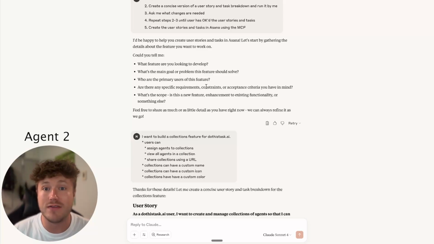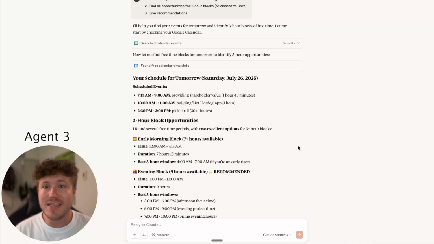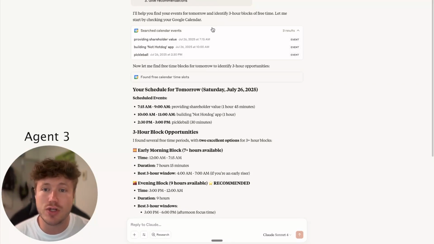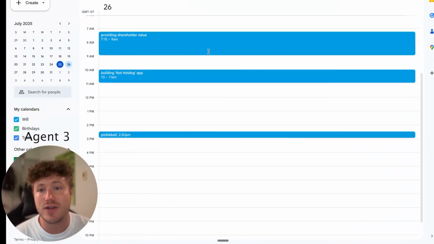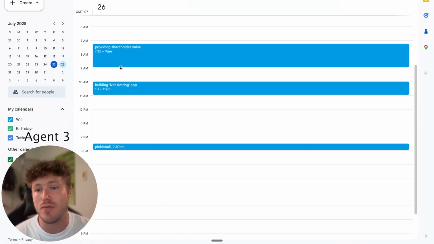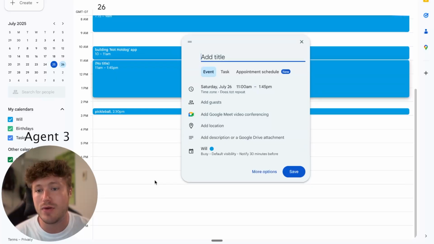There are a lot of different ways that you can expand upon this. This agent is really simple and just requires a Google Calendar integration. I specify that I want 3-hour blocks to try to find to do some deep work in. It searches up my calendar and finds free time blocks. So it found that I could work in the morning, work in this time, or I could work in the